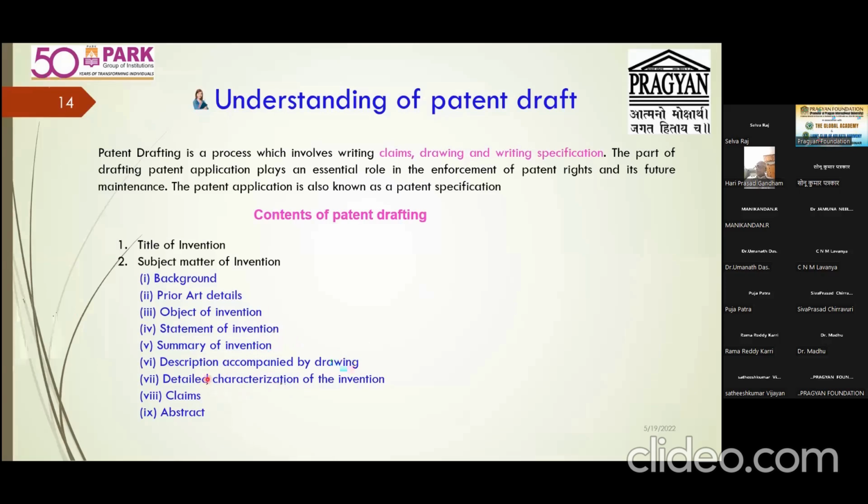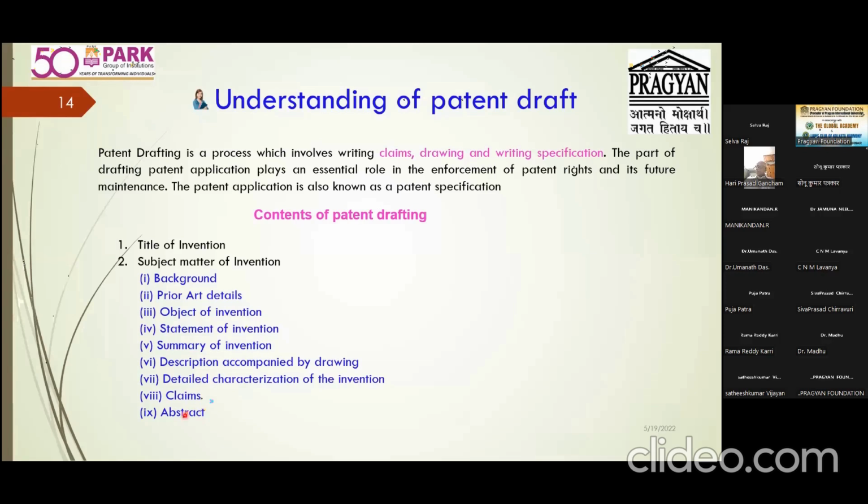These are very important, because normally the controller makes use of these subtopics only. Once the patent draft is in, the controller may see the title of the invention, then go for the objectives, then the detailed description of the invention. After that, the claim. The claim plays a very important role. I'm telling you what we mean by the claim. Finally, you write the abstract. Once the claim is done, you can do the abstract automatically. Here the abstract is different, unlike in a scientific journal.